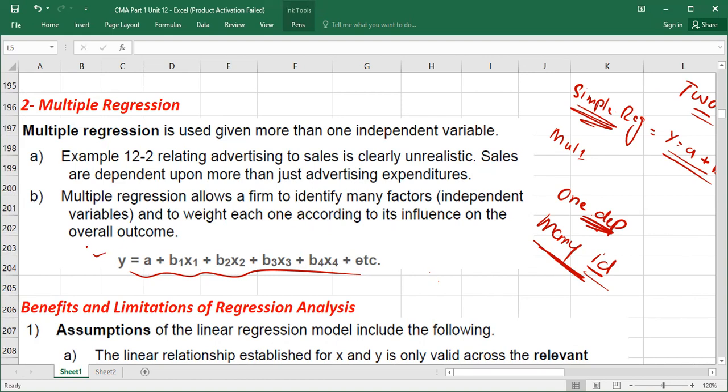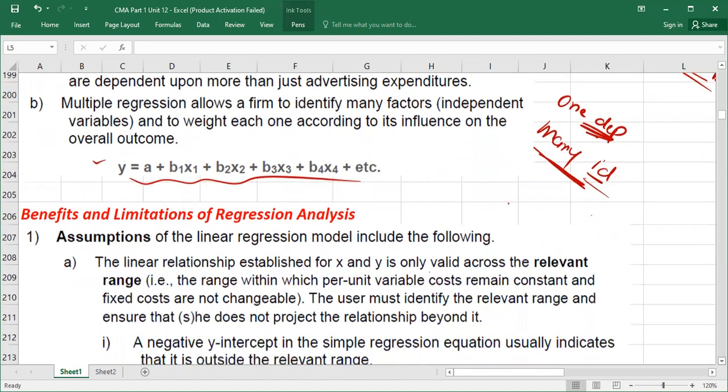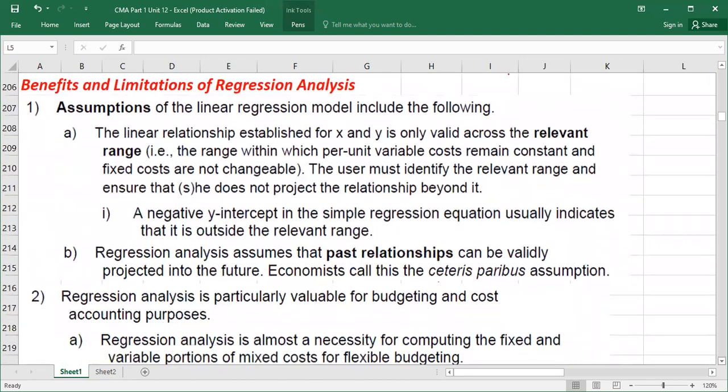Okay, guys, so now we are going to talk about some theoretical aspects of this topic. There are some assumptions regarding this topic. These three assumptions you need to understand, guys, very properly, because there are so many theoretical questions in your software and you might also face them in your exam. So first assumption of the linear regression model, number one,